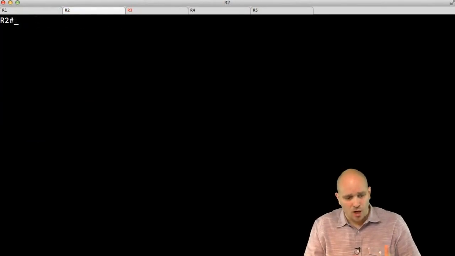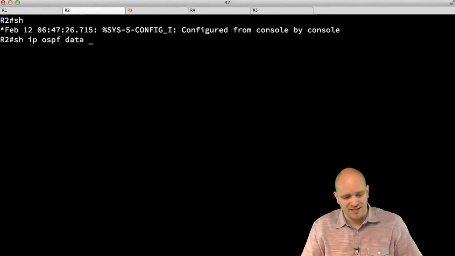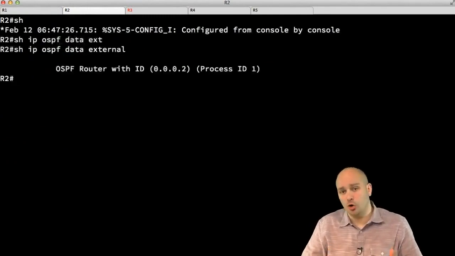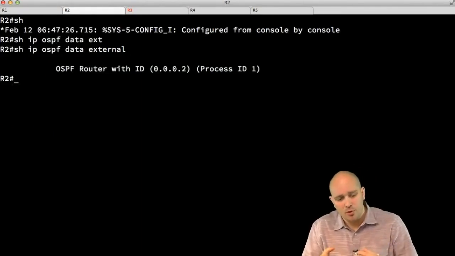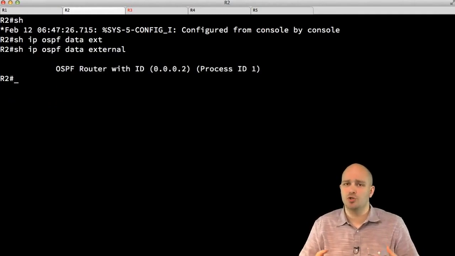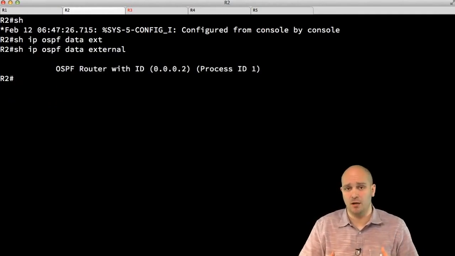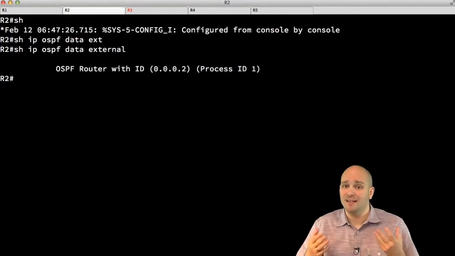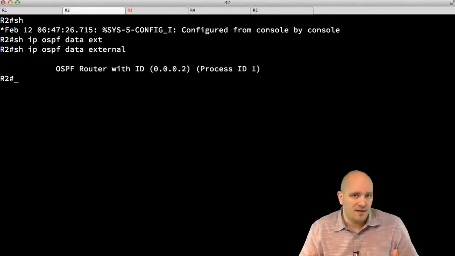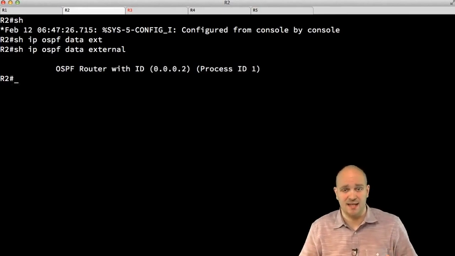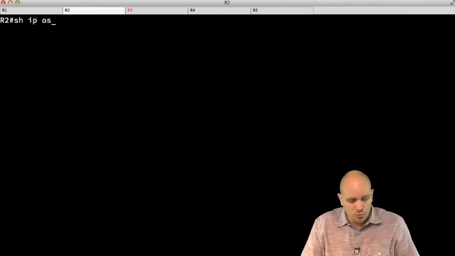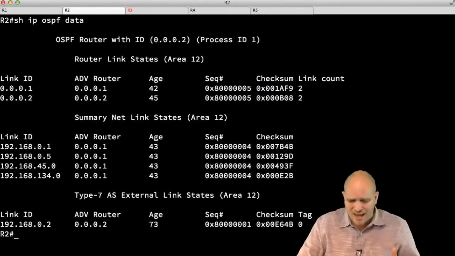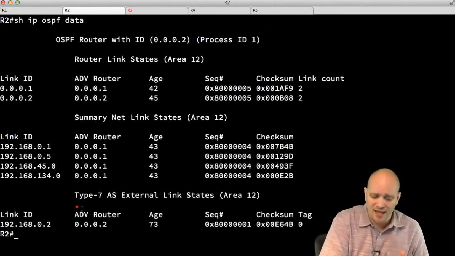Now, if I go back to R2, if I do show IP OSPF database external, I'm no longer going to see any LSAs there. Now, I'm not going to see any LSAs because show IP OSPF database external is going to show me redistributed LSAs into the OSPF domain that are injected into the database as type 5 LSAs. Type 5 LSAs are not allowed in the NSSA area, so what I'm going to have here are going to be type 7 LSAs. So if I do show IP OSPF database, I'm going to see type 7 AS external link states here,